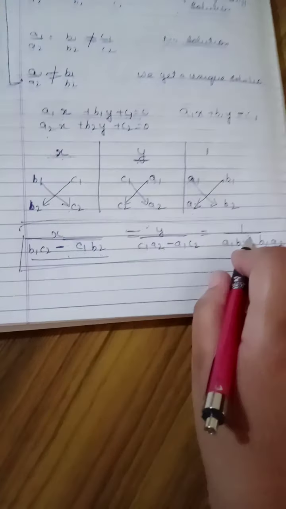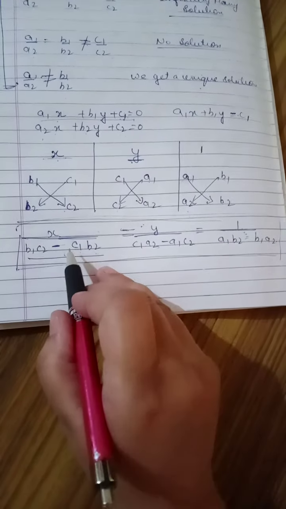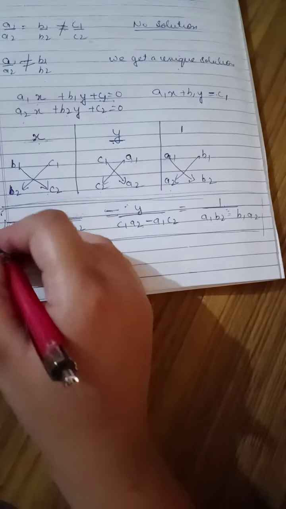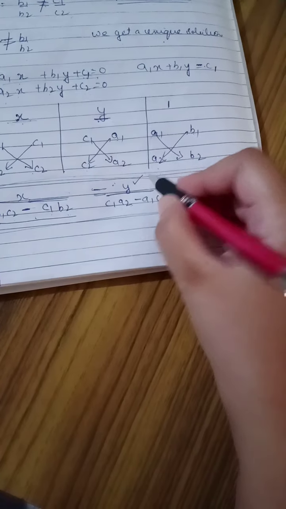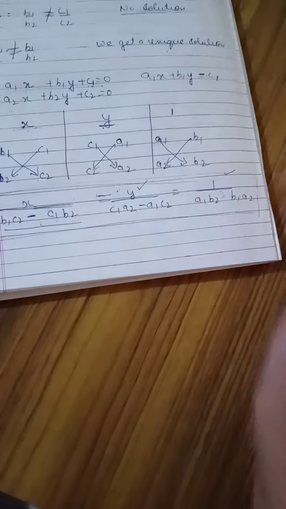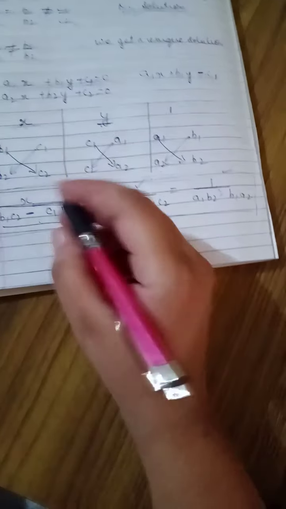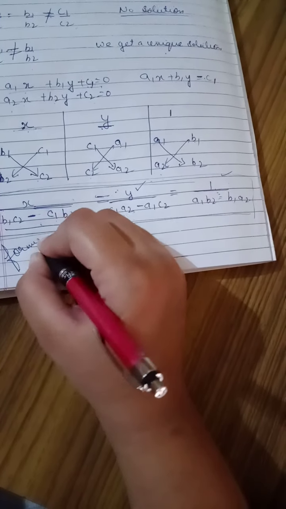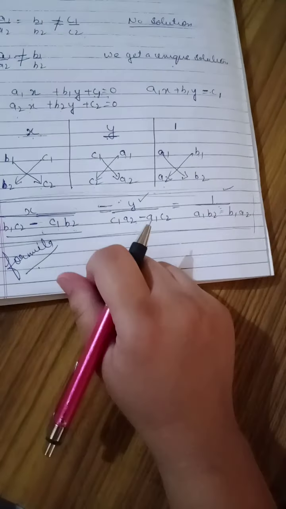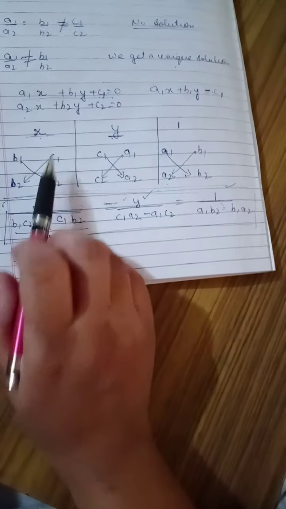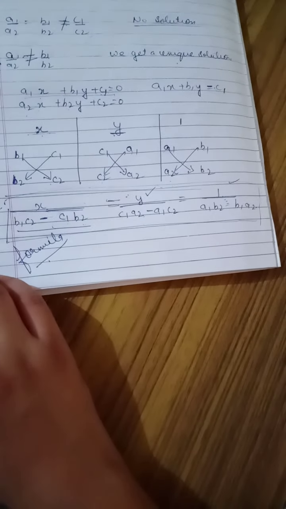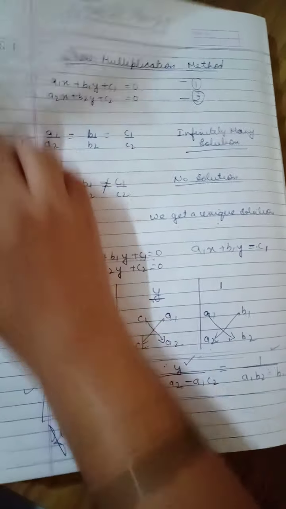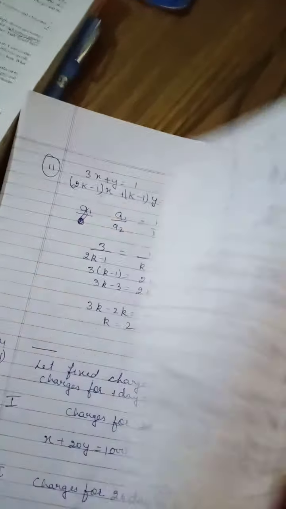Now when we have to find the value of x, we will compare the x term with the constant one, and if I find the value of y, I'm going to compare the y term with the constant term, and we will get the values. I think this is the formula that we are going to use in this cross multiplication method. Here we have cross multiplied the coefficients and the constant number. Is it clear, students? Now let us apply this in our question.